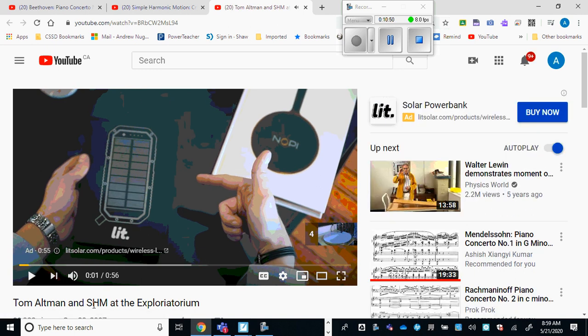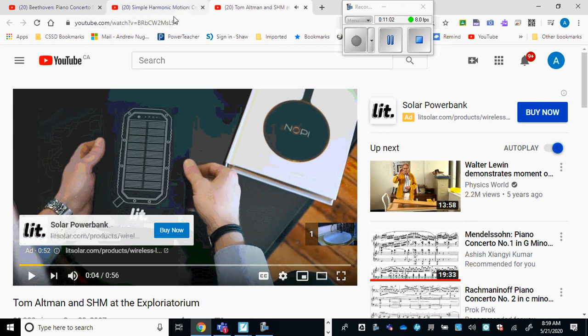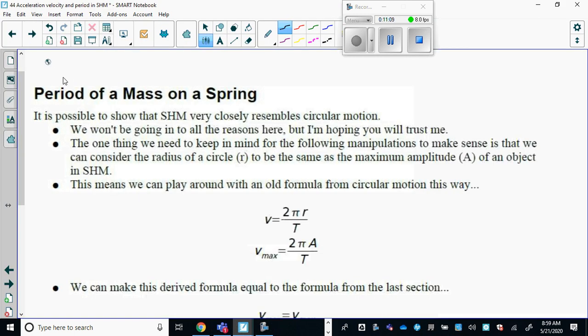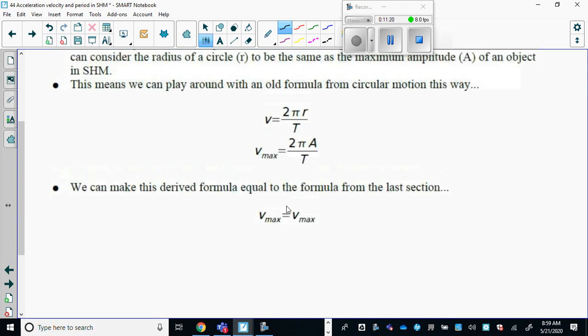Tom Altman and SMH at the Exploratorium. Watch this video. I can't show it to you right now because it takes up a huge amount of memory. So go to YouTube, watch that video, and you'll clearly see how simple harmonic motion, like a spring oscillating back and forth, mimics circular motion in a really profound way. It's really cool. And if that is the case, then we're going to use this formula here